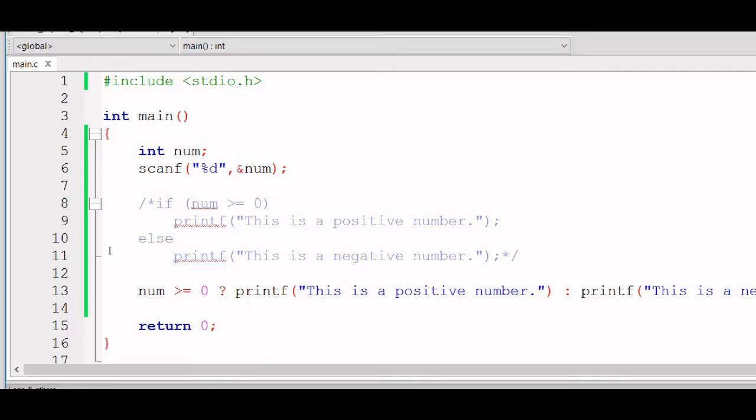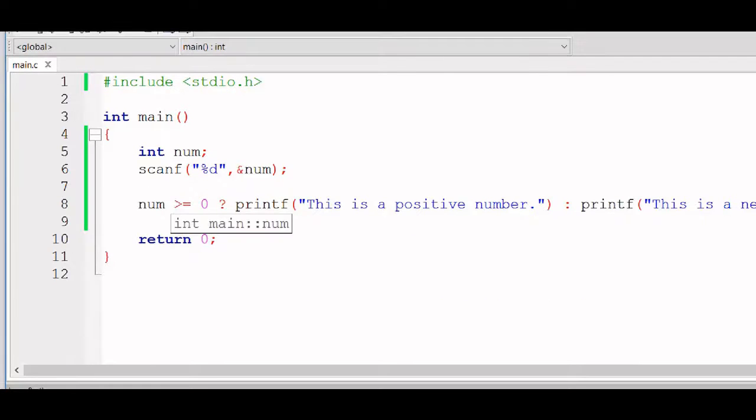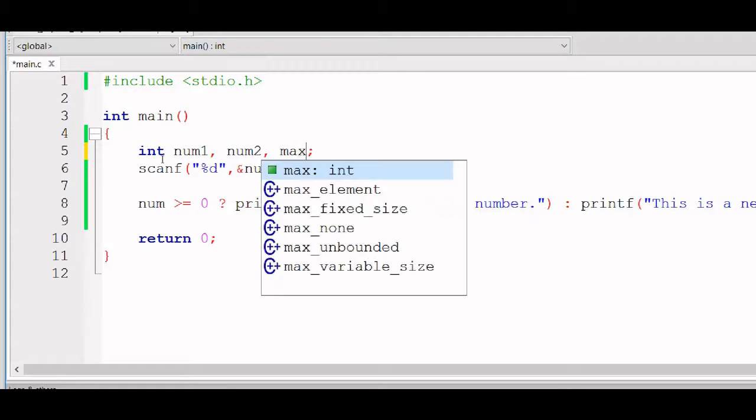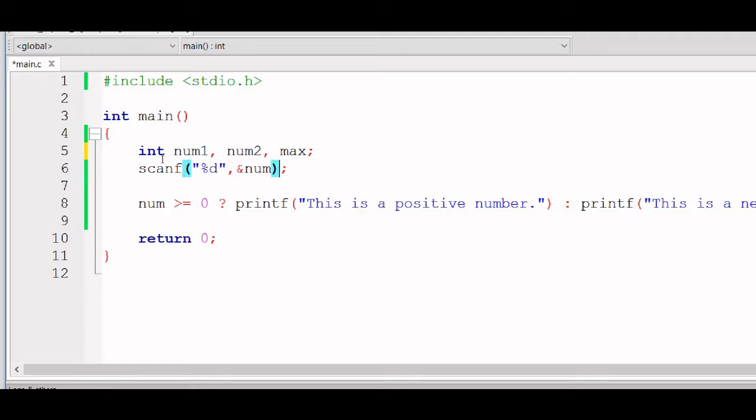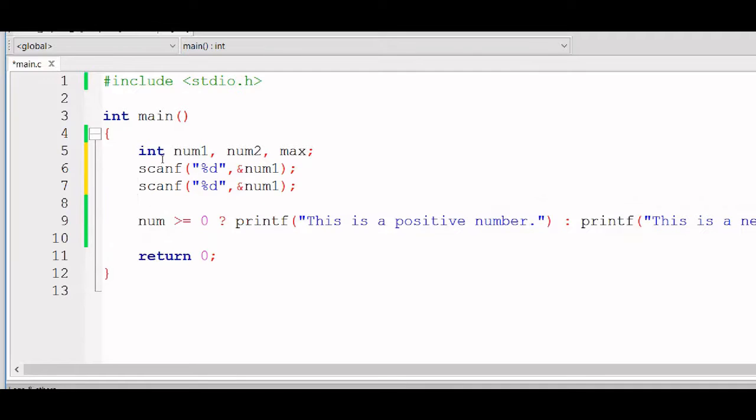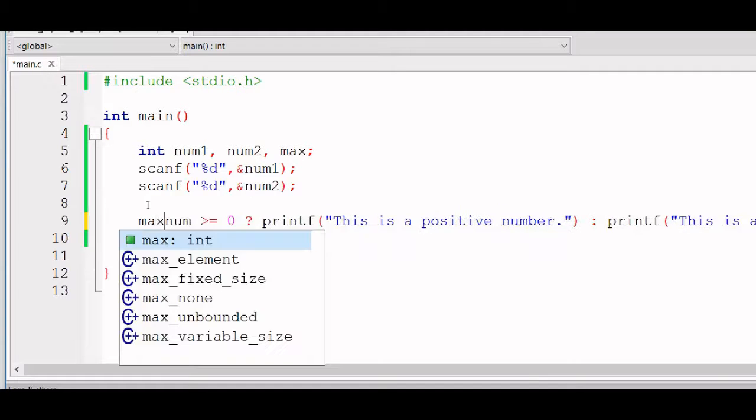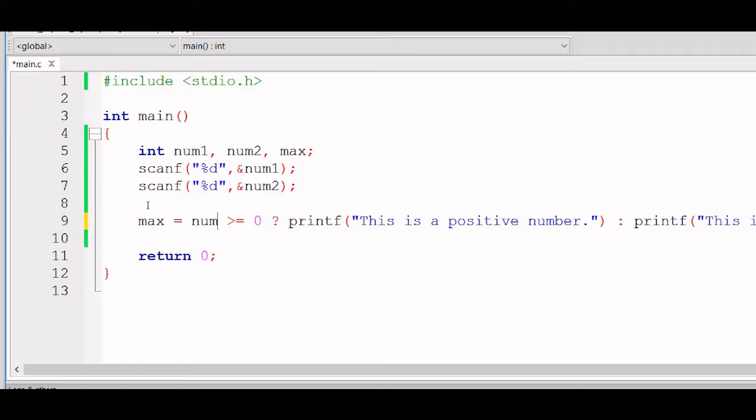Let's take one more example. Let's say given two numbers, we want to compute the greatest among the two. So we are going to need 3 variables. 2 of them will store the numbers and 1 of them will store the result. The result variable will be named max because it's going to store the maximum of the two. Then we are going to take these 2 numbers from the user. Now since we are storing the value to max, we have to write max equals to,